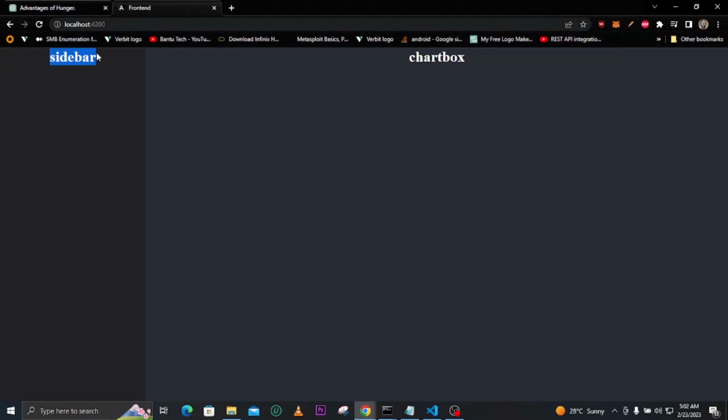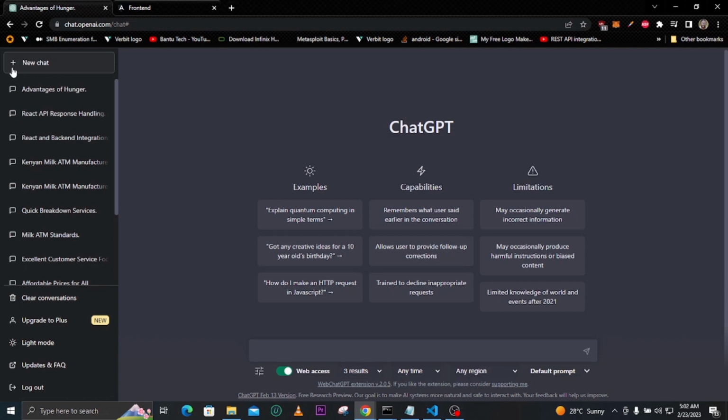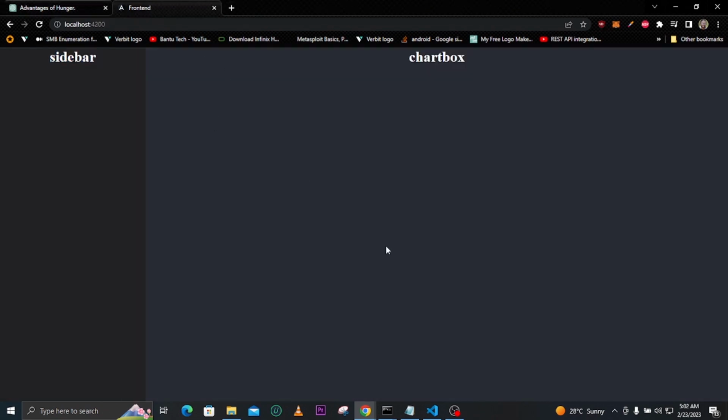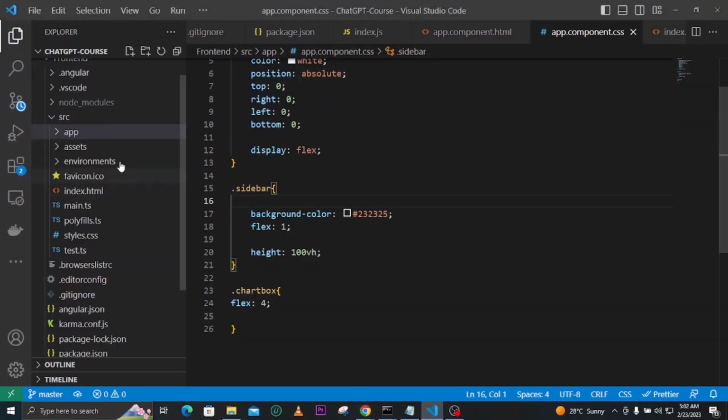So right now I want to remove this heading here, this sidebar heading here, and then I place the button here that looks like this one here. You can see here we have the plus sign here, and also we have the new chat. And when you hover over it, you can see there's this light white color that is appearing when you hover over this button. So what we'll do now, let's go back into our code here, and in our code we